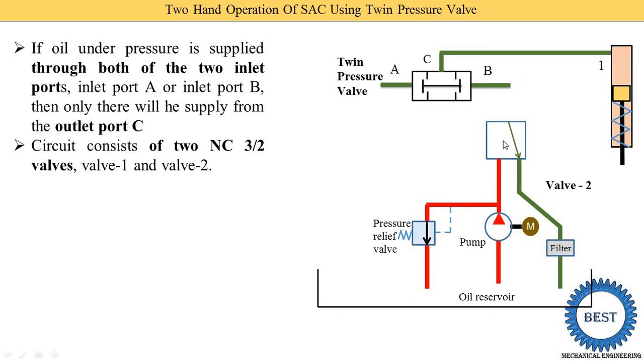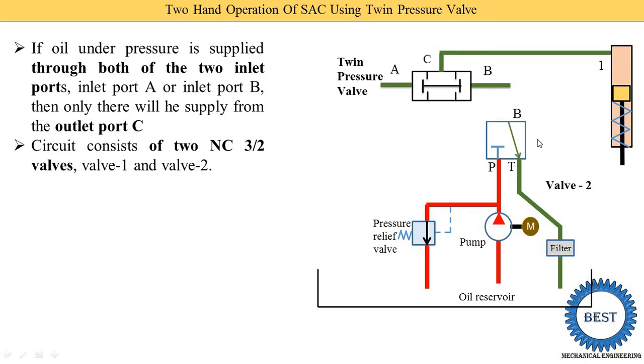Normally closed type means here we need to close the port P. So here you see this is the port P. The oil coming from the pipe is called the P port, and here you see this P port is closed. Means oil is not supplied to the twin pressure valve. At the same time some of the oil is returned from this B port. So here you see the B port is connected with the T port, means oil is supplied to the tank.